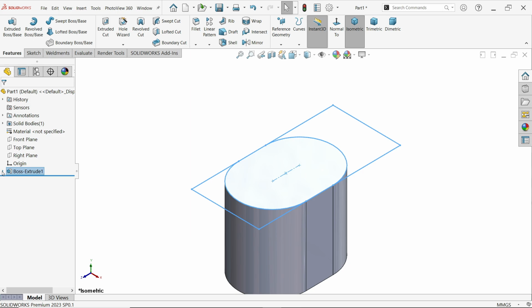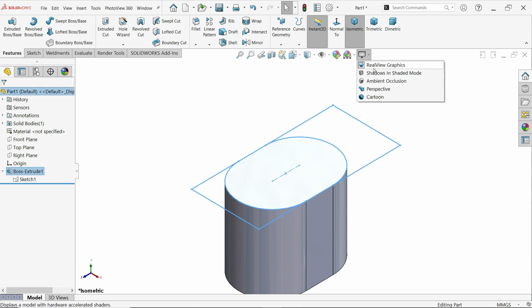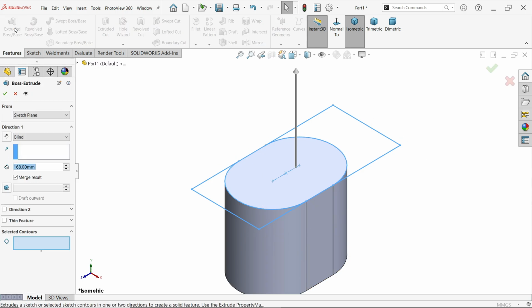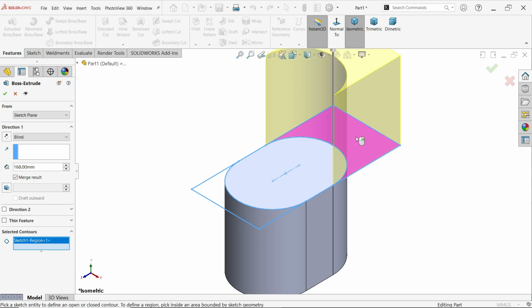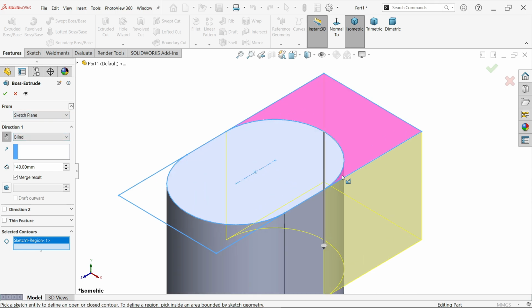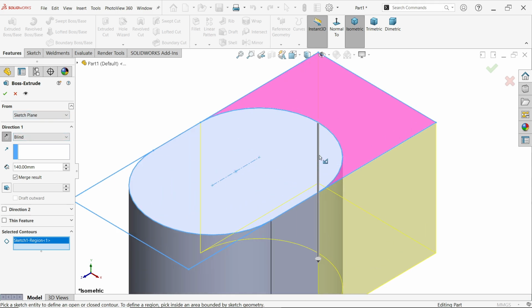Now again let me do one thing and check. Again select the sketch, extruded boss base. Again come here in selected contour, I am going to choose this one, in direction reverse. Now this is going to start length 140, we already saw, but this is going to start 28 millimeter